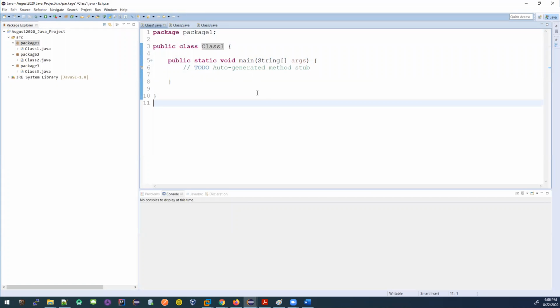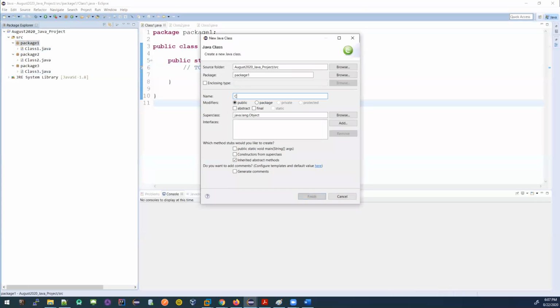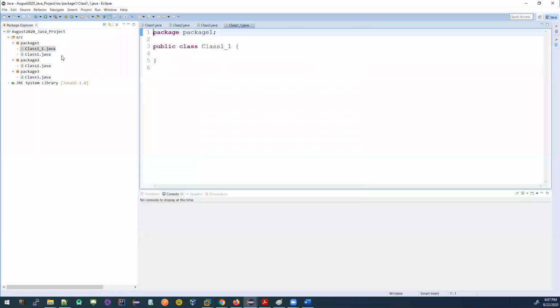Okay. Now what I'm trying to tell you: these packages each have one class, right? I can have one more class created here, called class 1 underscore 1. Okay, a dash will never work. I said underscore, but I gave a dash, right? I made a mistake. But you have to give underscore 1, okay? So I have created another class in here, right? So how many classes do I have for package 1? 2. How many classes for package 2? 1. For package 3, I have 3.